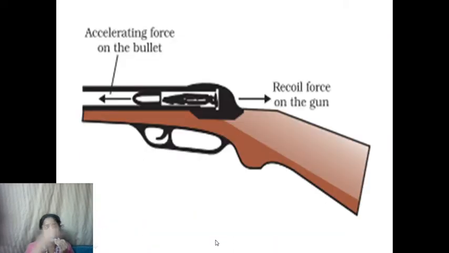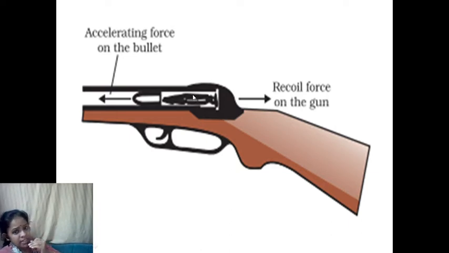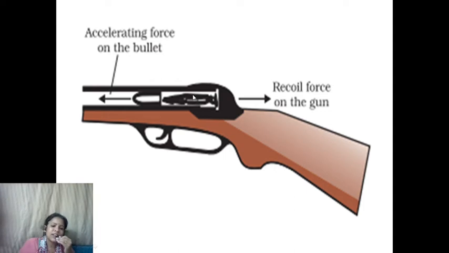Then this is another example, gun and bullet. If you fire a bullet, when you press the trigger, there is a force which acts on the bullet, and because of that the bullet accelerates in the forward direction. That is the action on the bullet; the same amount of reaction takes place on the gun, and it is the recoil in the backward direction. So the force is the same, but the acceleration of the gun is very much less compared to the bullet. Why? Because the mass of the gun is very large compared to the bullet, so its acceleration will be less, because acceleration is force upon mass, inversely proportional to mass.